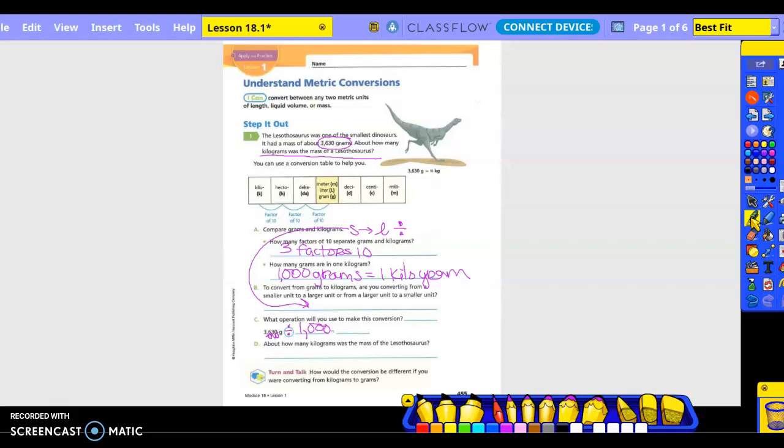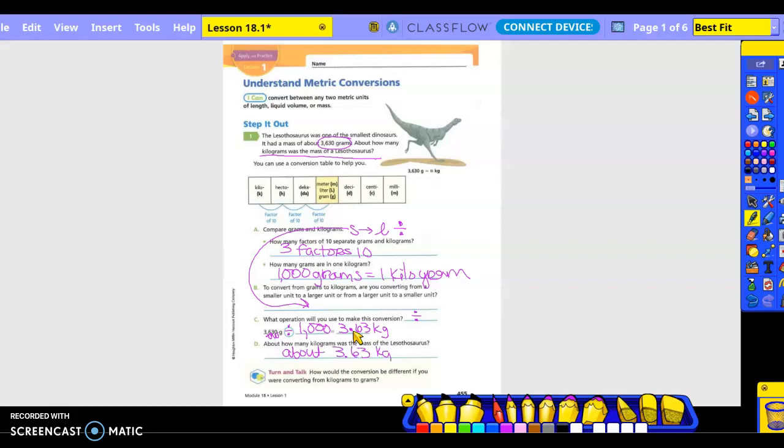So now my new decimal is 3.63. Do I have to put the 0? No. And then what is that? Kilograms. We'd use division, right? About how many kilograms was the mass? So about 3